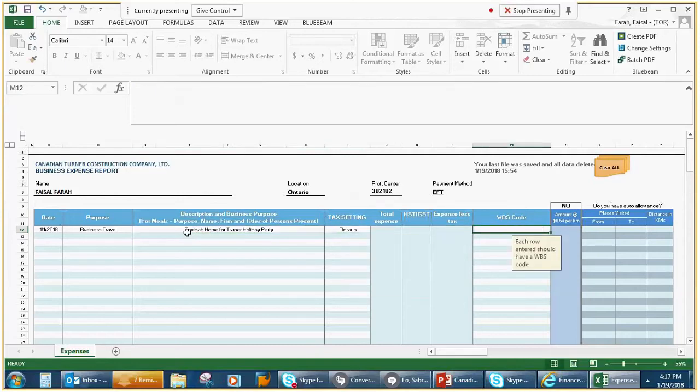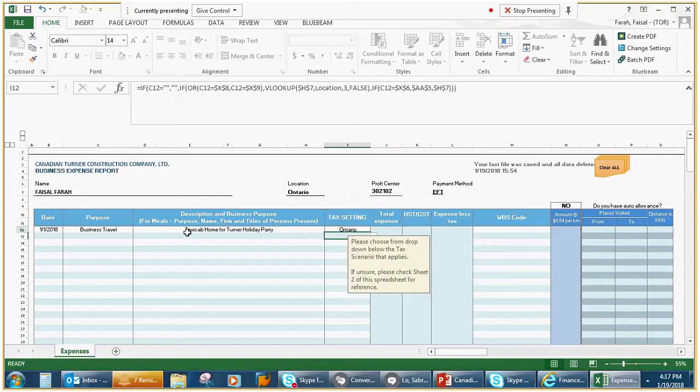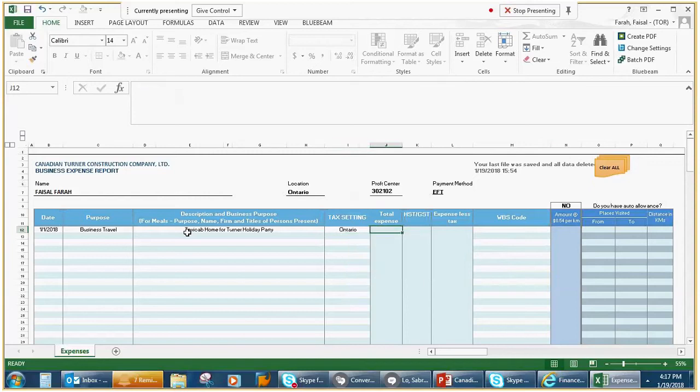Which was a good thing to do. And as you can see, it automatically calculated that Ontario tax setting would apply, and then all I would have to do from my perspective is enter the total value of that, which is $100, which is an expensive taxi ride, but